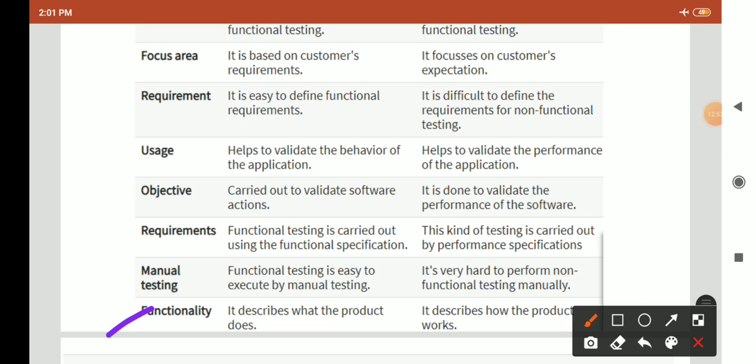Now next is functionality. It describes what the product does. So functional testing describes what the product does, while non-functional testing describes how the product works.